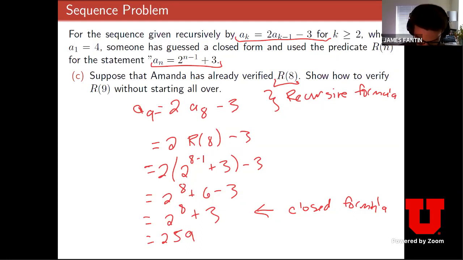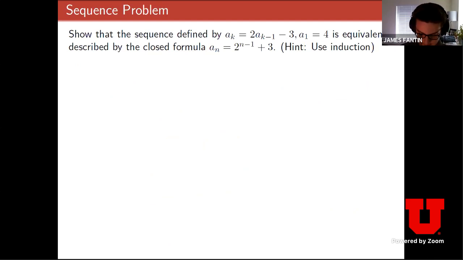Awesome. Pretty straightforward problem, but now we're going to look at actually proving that this is indeed the closed formula, right? So we have the same sequence again, given right here. And what we want to do is prove that this closed formula is correct. And so we're asked here to do a formal proof of this, and the hint is that we want to use induction in order to